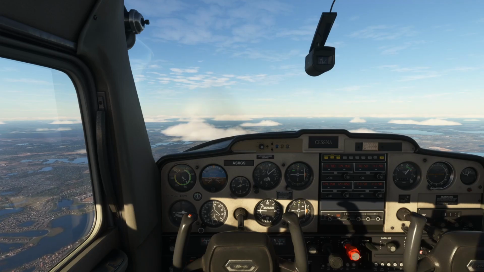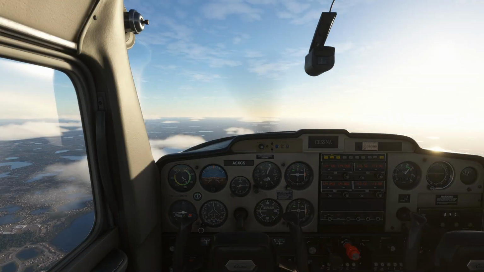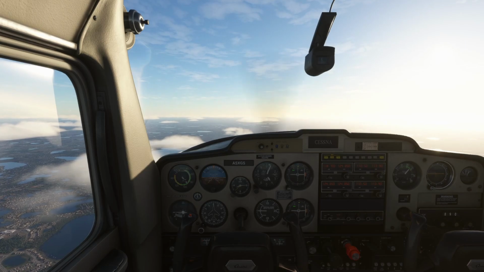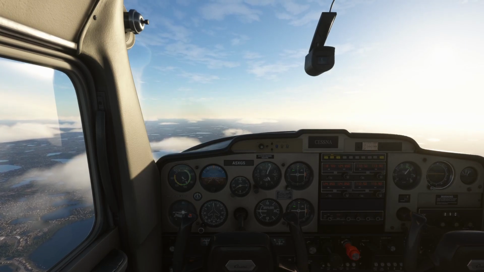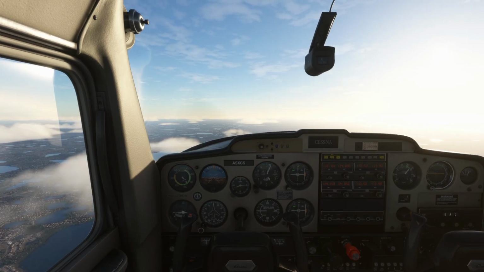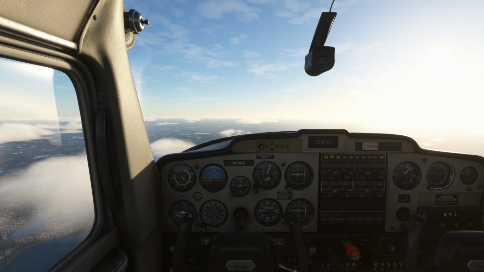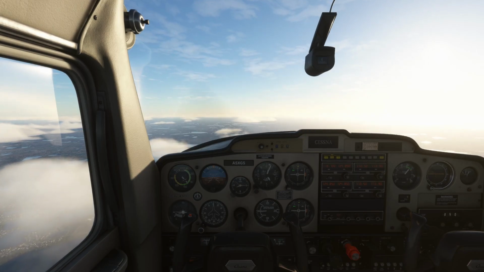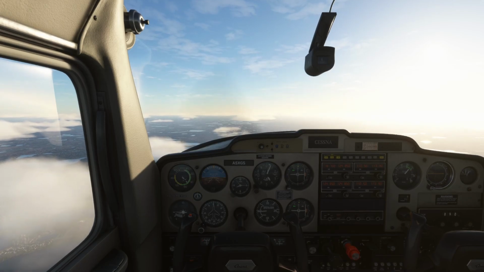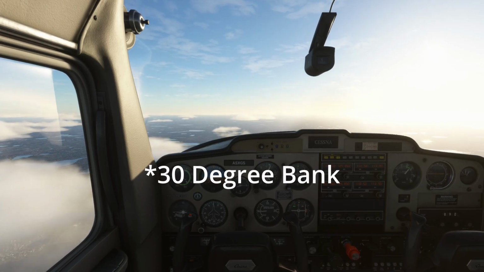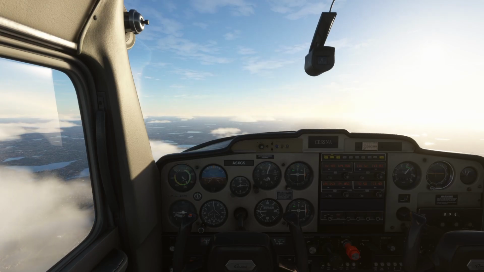To start our turn, we're going to pick a heading that we want to be on. In this case, we're going to pick the 180-degree reciprocal, which is west. We're going to do a left turn, and in terms of rollout, you roll out half of your bank angle. So in this case, we're going to do a 30-degree turn, and we're going to roll out 15 degrees before